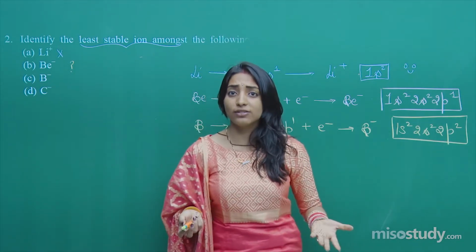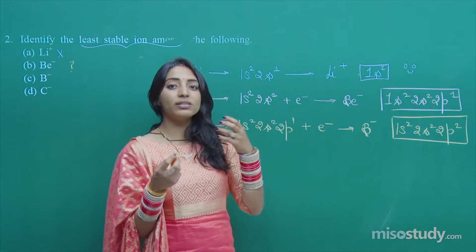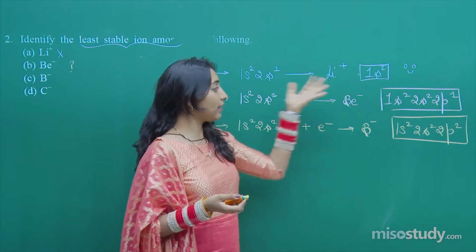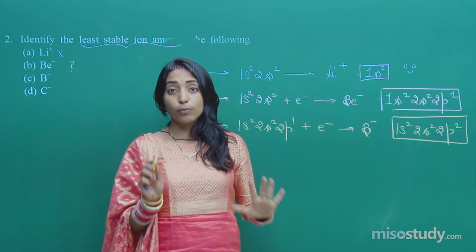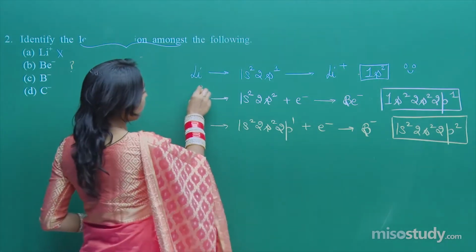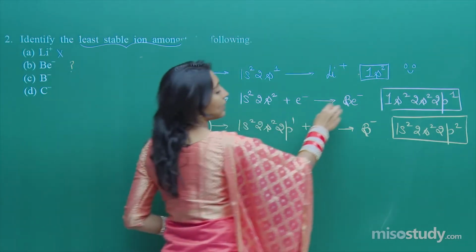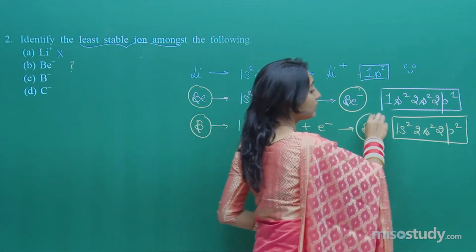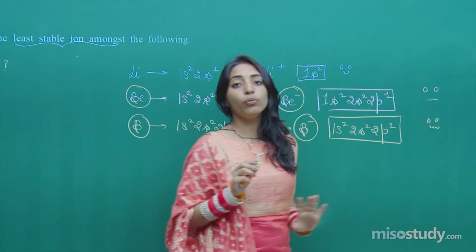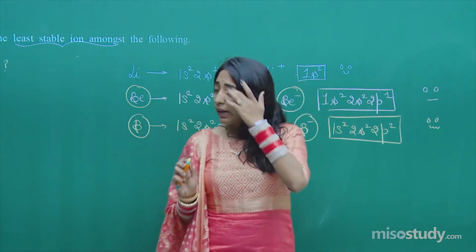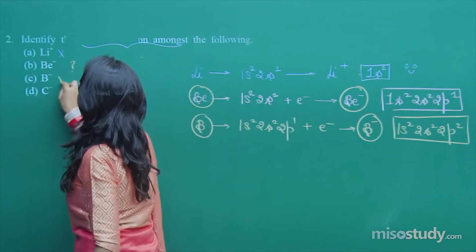He will still be rich, right? But if from a person who is just having 11 rupees, you are taking 10 rupees out of it, now it will be having just 1 rupee. So that effect will be more, right? So when I compare beryllium and boron, or when I say comparing Be minus and B minus, I will say this is still happier compared to Be minus, okay. Now moving on, so this is also not the option.